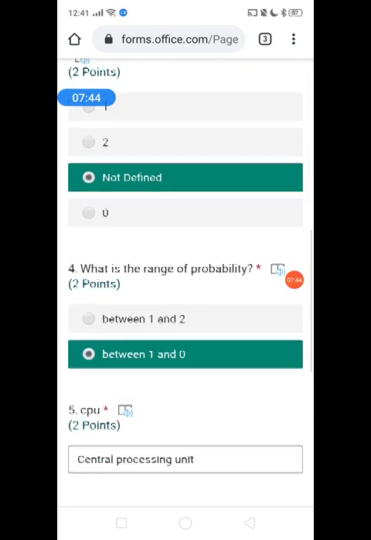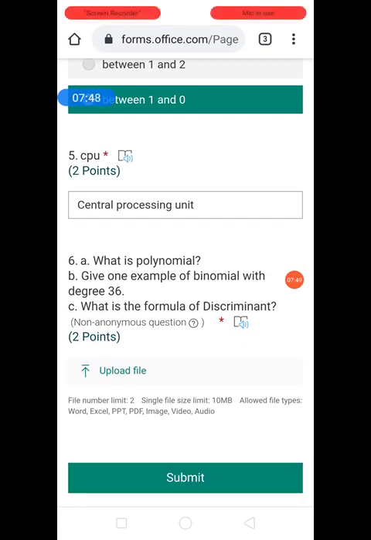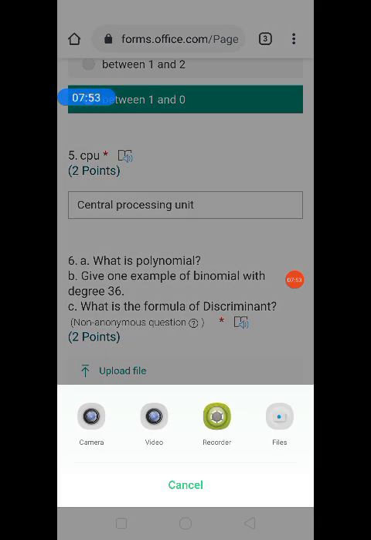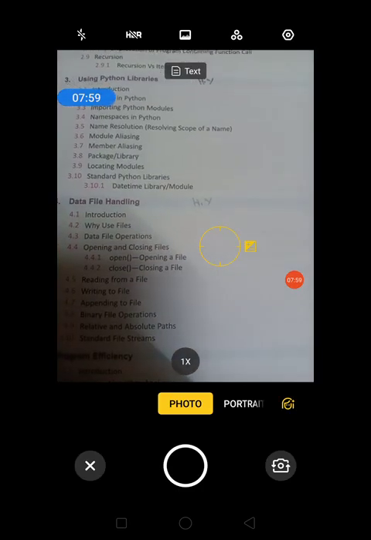Now there is one question left, where on one page I uploaded all 3 questions. So I'll click here, camera, focus.